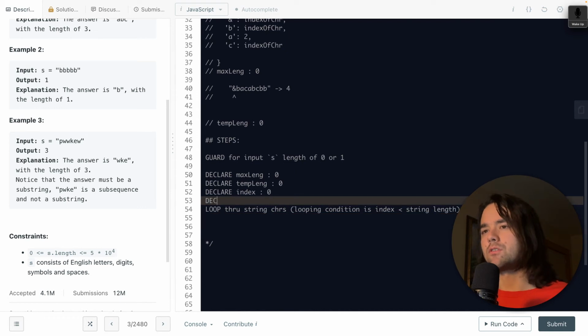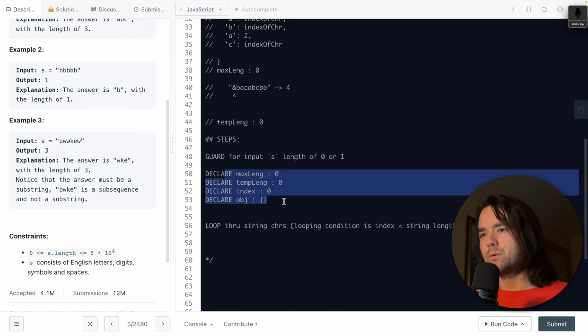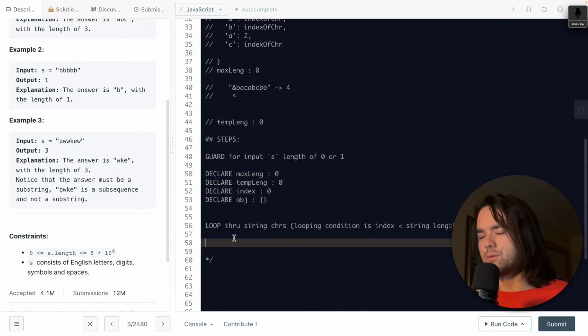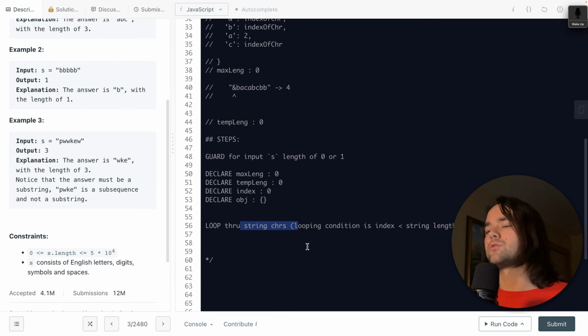And I think we also need to declare a hash or an object. That's just going to be like this. Okay, so once we have all of those variables and their respective values, we can start looping through the string characters